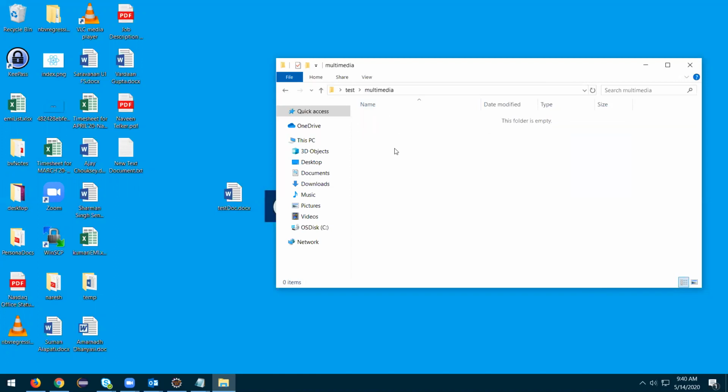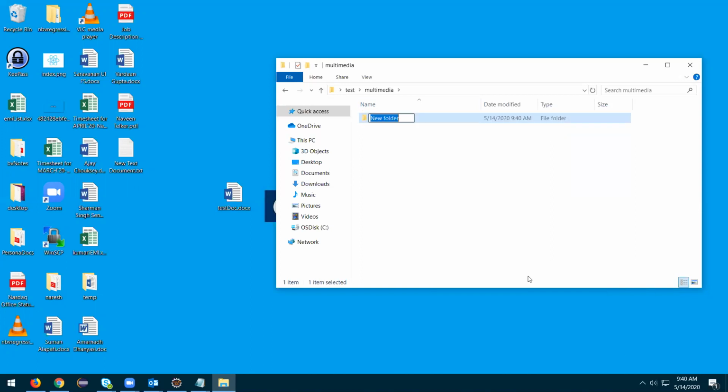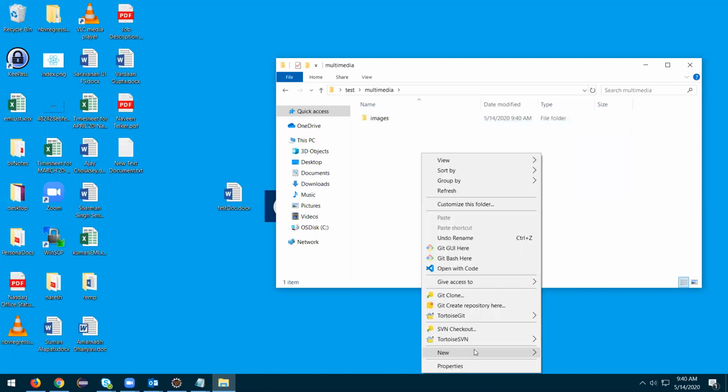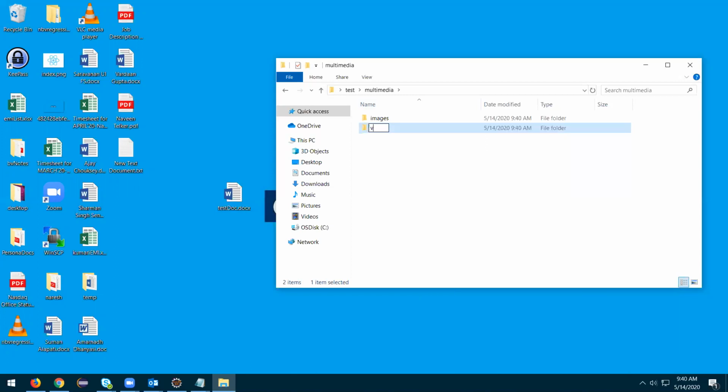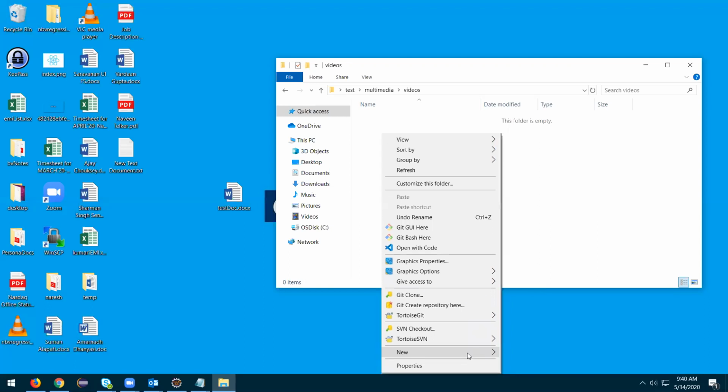Even if you go to multimedia, again you keep images and videos. Even in videos, again, you'll save some movies, and you'll save some personal videos.